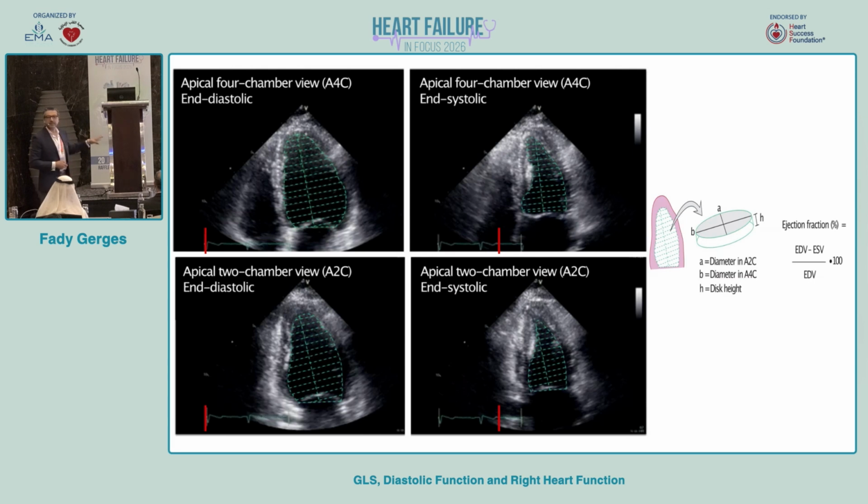So, for example, this is a biplane method. You can see that we do some endocardial delineation of the endocardium, and then we can get an estimation of the two-chamber diameter in both systole and diastole, for 2 chambers and 4 chambers. So the end diastolic volume,